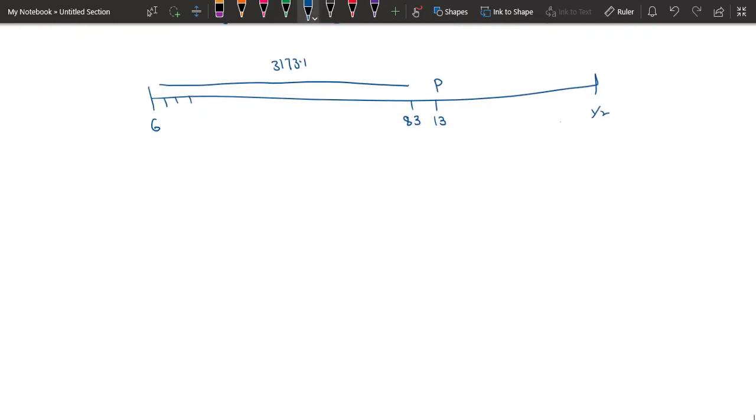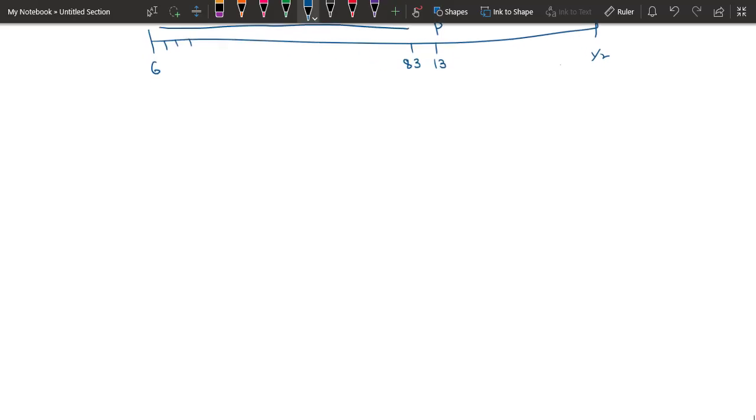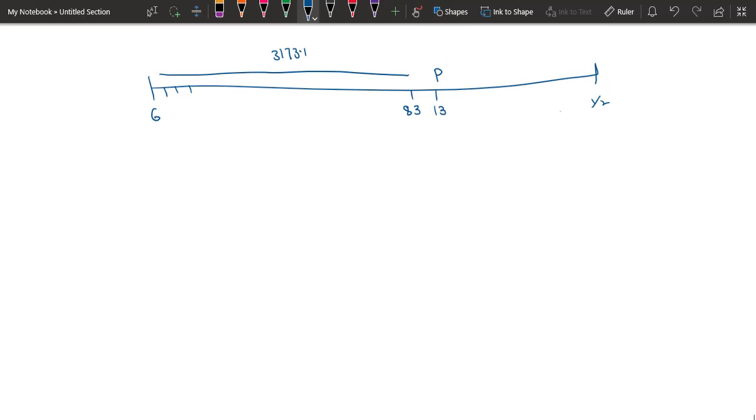So we now calculate this amount P and we restructure the loan again. So now what we do, we know that we are paying completely 83 installments and the 84th installment at time 13 is some amount less than 3173, and we don't know exactly how much that amount is. So we will calculate this amount. We know that the initial loan at time 6, that is the loan outstanding, is this much amount. So we will again form our equation of value. We want to restructure the loan. We want to find the amount, let's say